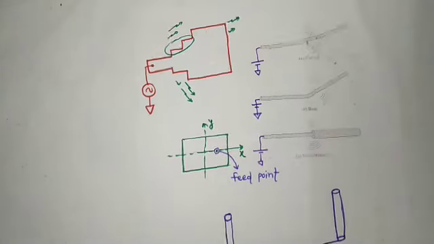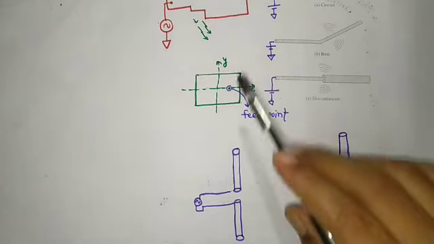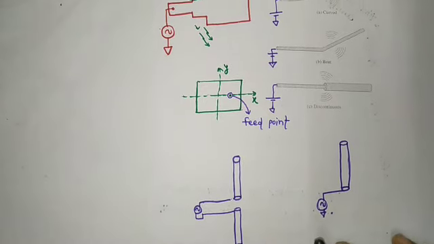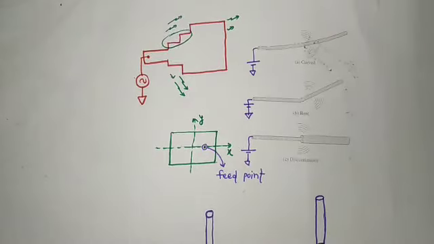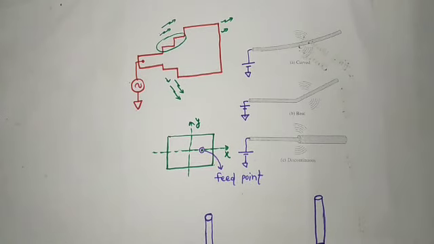There are two more examples. This is known as a dipole, and this is known as a monopole. In all these structures you will see the phenomenon of acceleration or deceleration, and we want acceleration or deceleration of the charged particles. Why do we want this? Because acceleration of the charged particles will give us radiation.